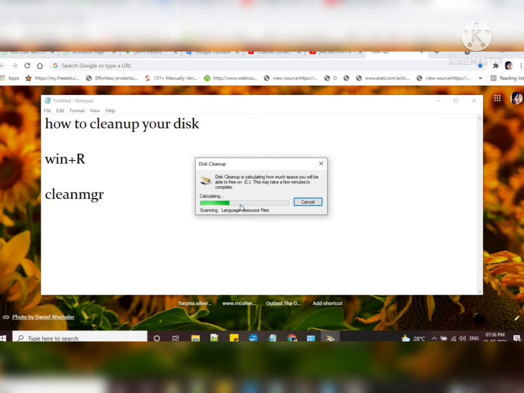Once you clean this part, then you go to the second part, where we have the list of files which can be cleaned. Right now it is just going to clean up the system files. Let it complete.